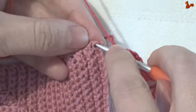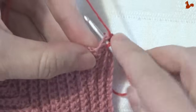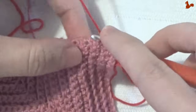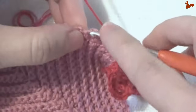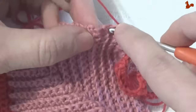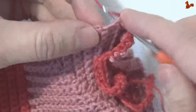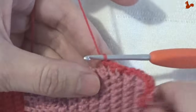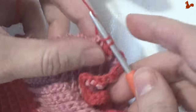I'm going to pick up a stitch there, so I'm going to work, that's 1, and then I'm going to do 2 here, and then 3, 4, 5, 6, I'll just show you this entire edge, 7, 8, 9, 10, 11. So what's important here is that you have the right side of the blanket facing, so just take note, the right side facing. So this was 11, and then 12,